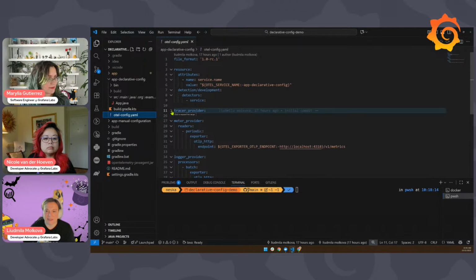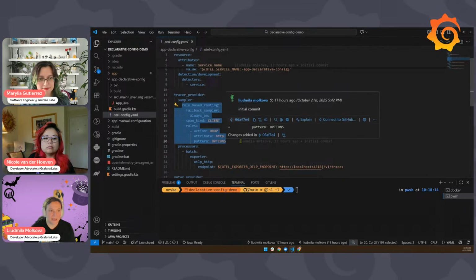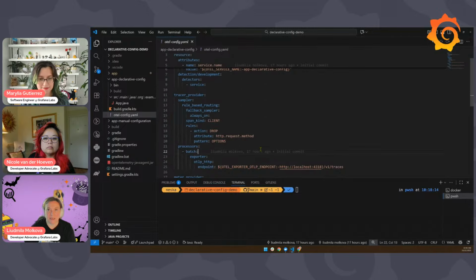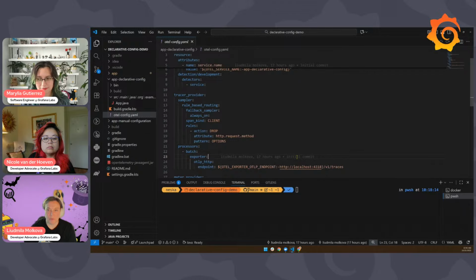And we have tracer provider, meter provider, logger provider here. We set service name, and we can enable a bunch of things. All the interesting stuff happens here. We customize the sampler. And imagine if we used environment variables or Java system properties to do it, we would only be able to configure a different type of sampler, like always on or probability.